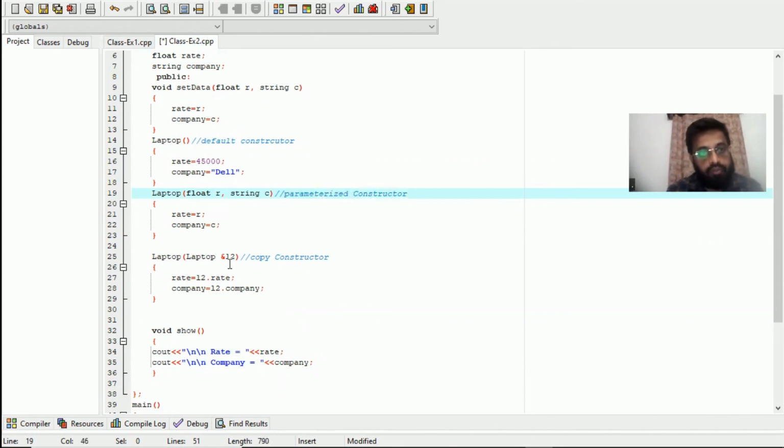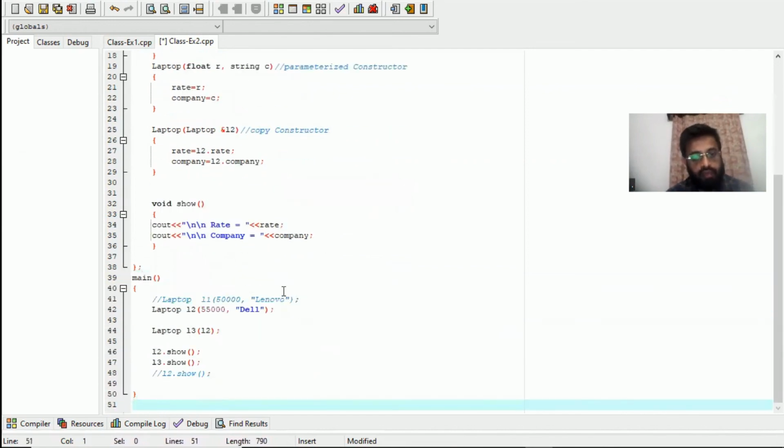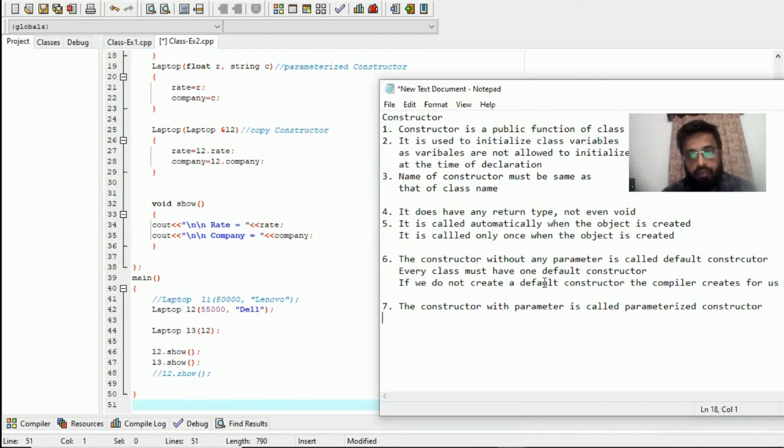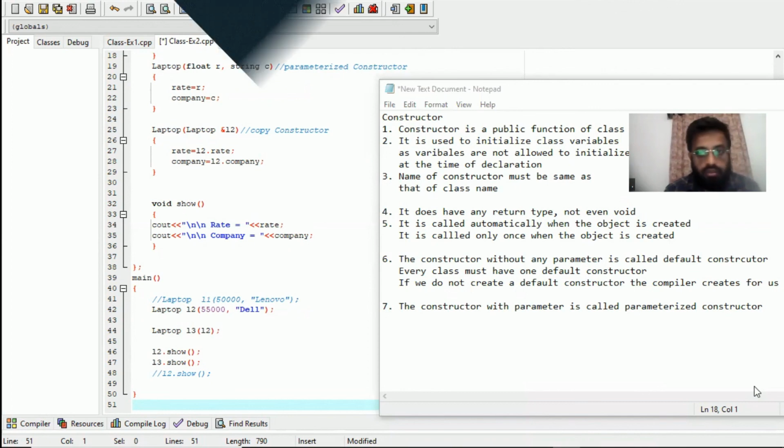So these are the three types of functions in a class: the default constructor, the parameterized constructor, and the copy constructor. All these constructors have same function, to initialize the variables. We have noted down the points also here. These are the different points which are very important for any constructor. So I'll keep this session here only. I'll stop now and we can have more discussions later on. I hope you all understand this concept of